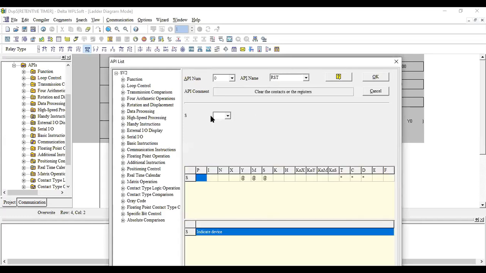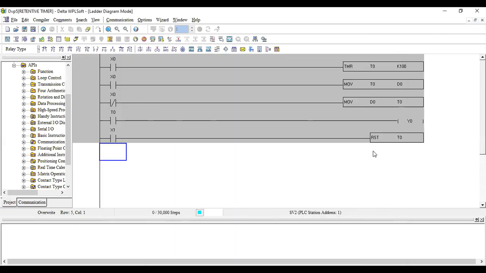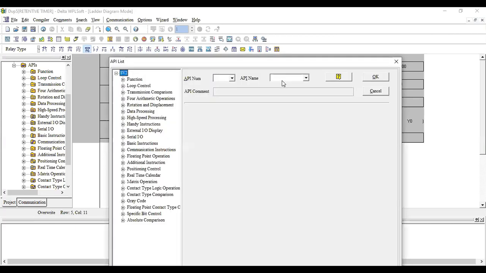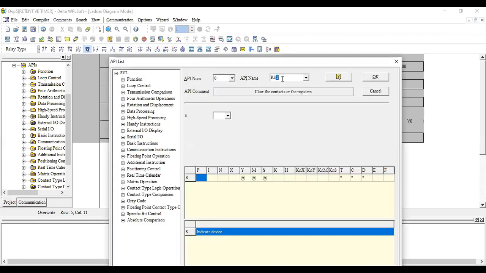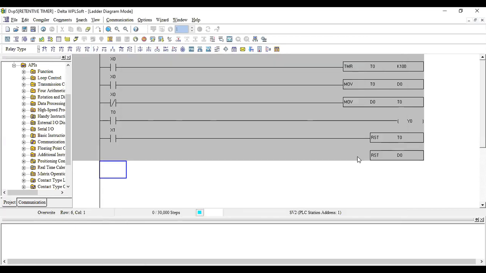So I'm going to reset T0 as well as D0. Both these are reset.